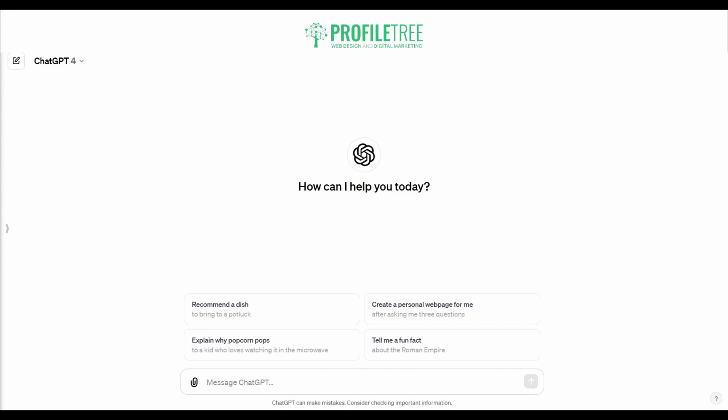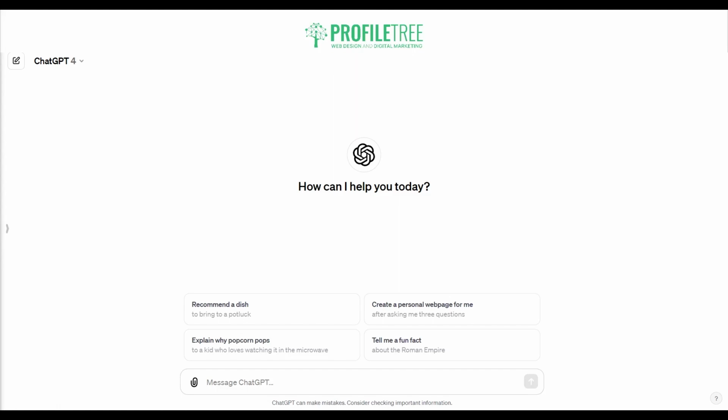So firstly, as a generative pre-trained transformer model, ChatGPT is a variant of the transformer model, which is a neural network architecture designed for natural language understanding and generation. It's pre-trained on a vast corpus of text data, which enables it to generate coherent, contextually relevant text based on the input it receives.